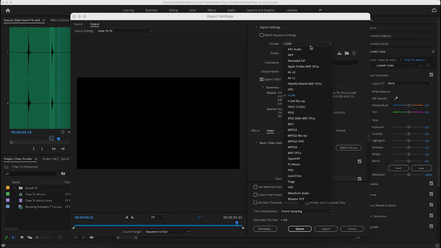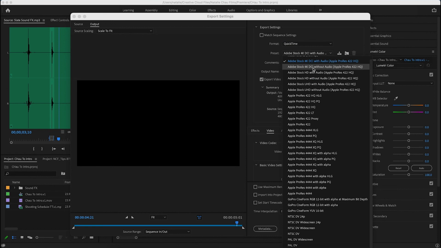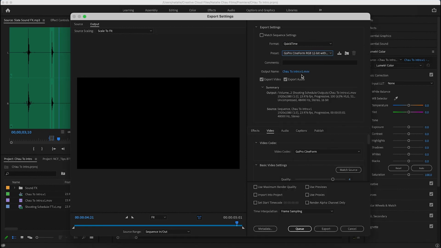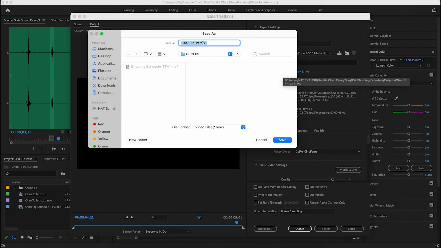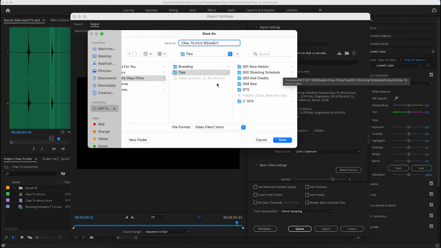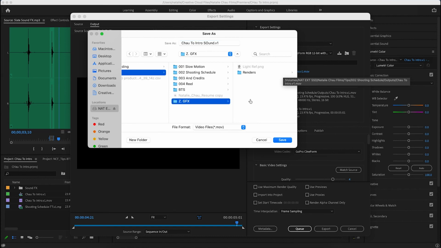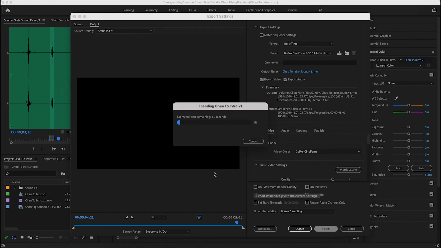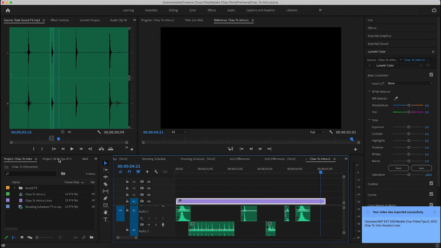So to do that, you want to do I believe it's QuickTime, to go to GoPro. GoPro Cineform Alpha, okay. Intro sound. So now we'll put this in graphic effects and we'll put this in. We'll save that, we'll export that. Now we will go back into our